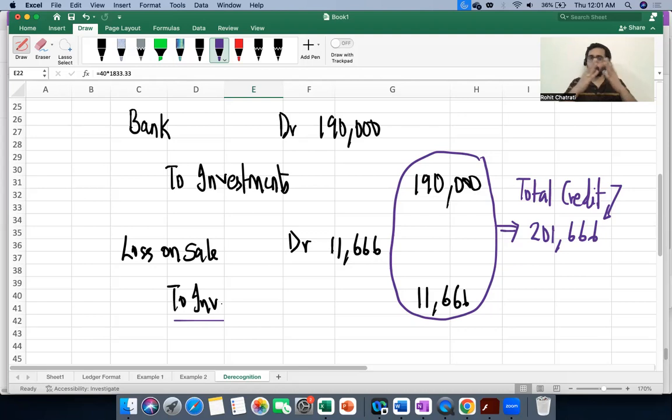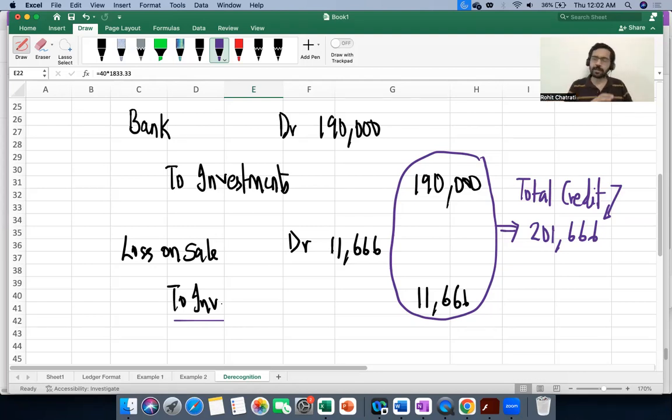Now at this stage, if you again imagine the ledger account, you have to bank account 2,75,000, because you have purchased two lots. You have to bank account 2 lakhs, to bank account 75,000. You then have by bank account 1,90,000 and by loss on sale 11,666. You have two credits: by bank account 1,90,000, by loss on sale 11,666. And to tally this ledger account, you will write by balance carried down to the next period, and if you see the balancing figure, that will exactly be equal to